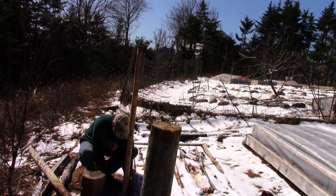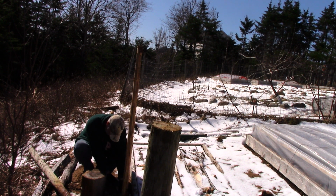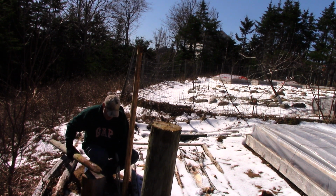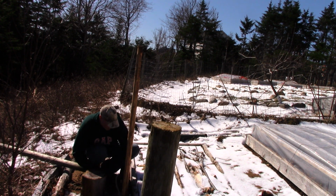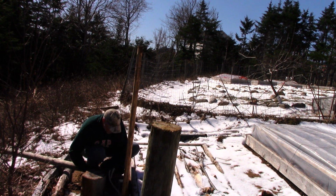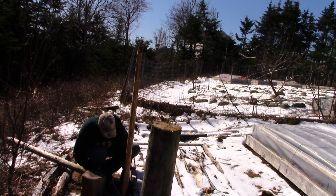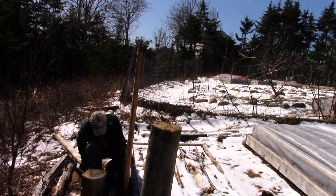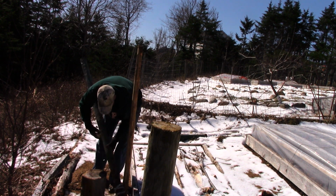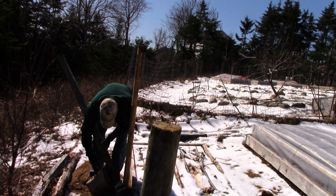Idiot. So anyway, I thought I'd do another shot of using that little rope lever trick. And of course the lighting's wrong on this one. I'm not a professional cameraman. I have no background in this stuff at all. I'm learning it as I go. So sorry for that. If there's enough comments of people asking me to show a dedicated video on that rope lever trick for pulling out posts, it's probably something people don't have to do very often. But anyway,